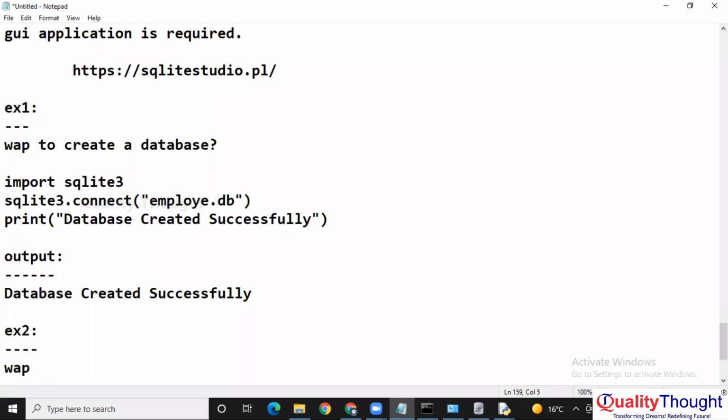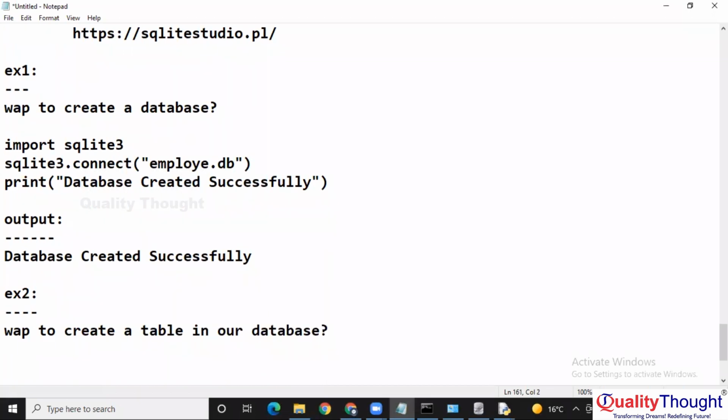Write a program to create a table in our database. Generally, what is the table syntax? The create command we are using: create table, table name,